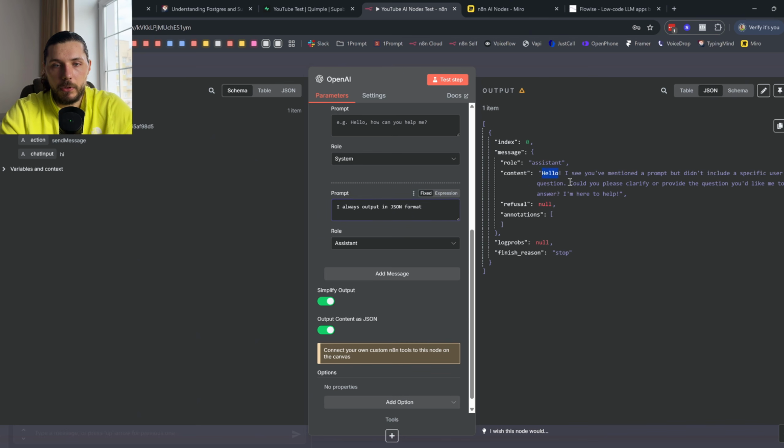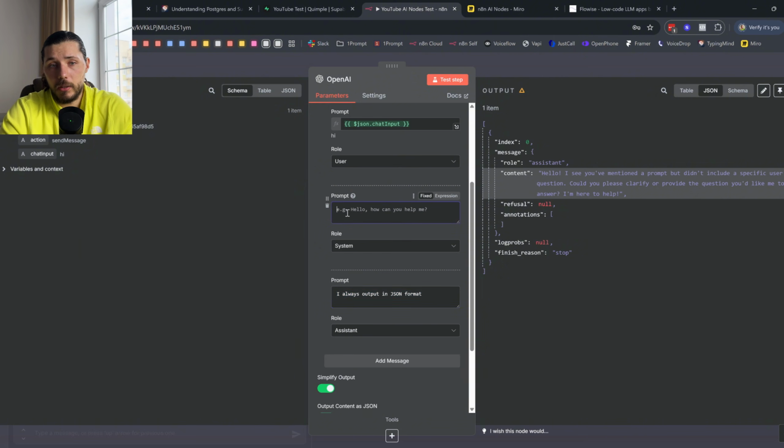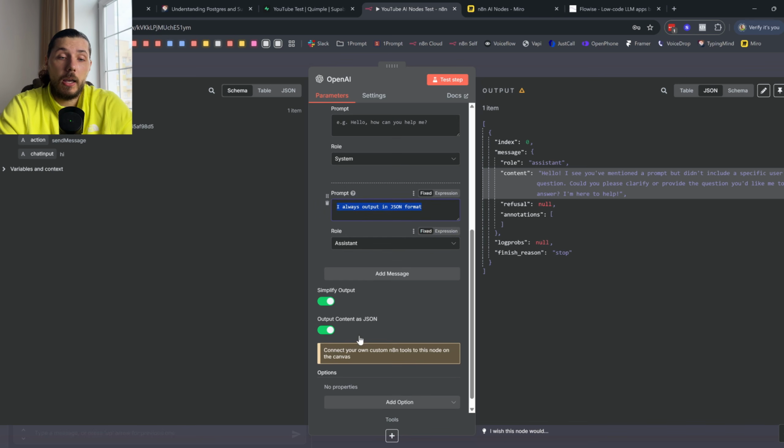But in order to do that, you need to specify what type of JSON you would return. So you'd still do this type of prompt, either in the system or as the assistant, from the first person, like I do whatever, to let the assistant know how it should behave,